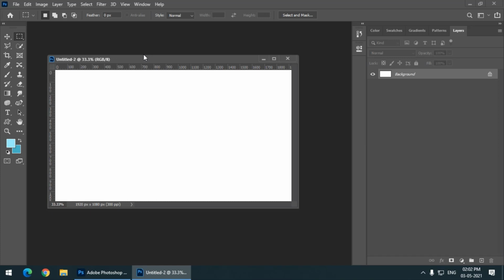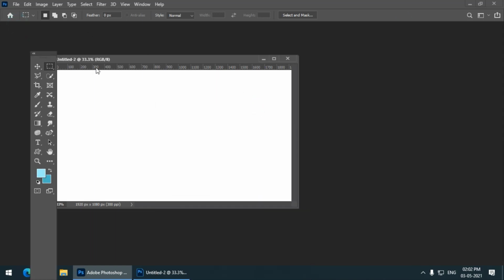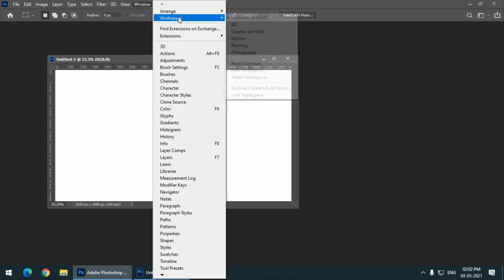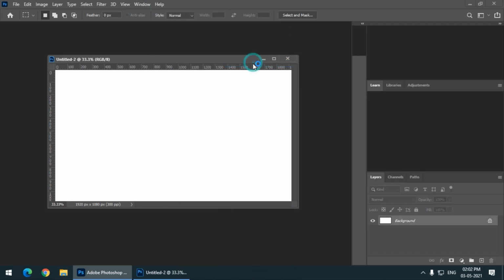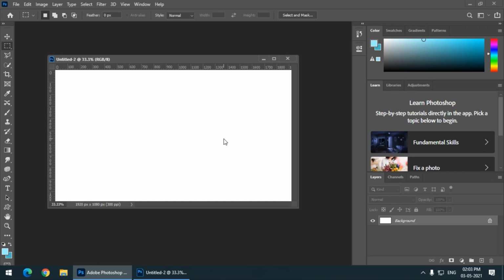First of all, let's say you cannot see anything over here, or you mistakenly close everything. There is no need to worry. We can simply go to Window, Workspace, and reset Essentials, so that the initial interface will be restored.